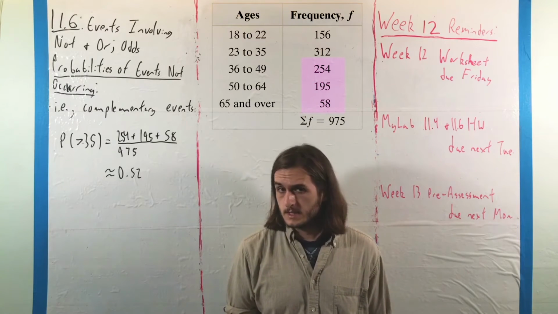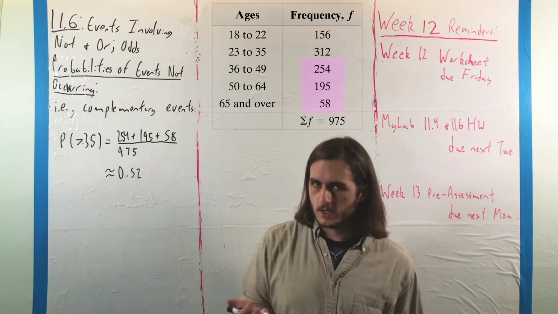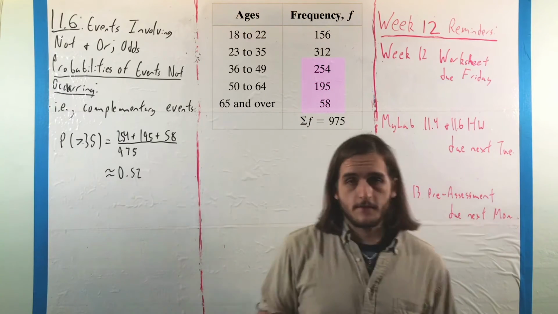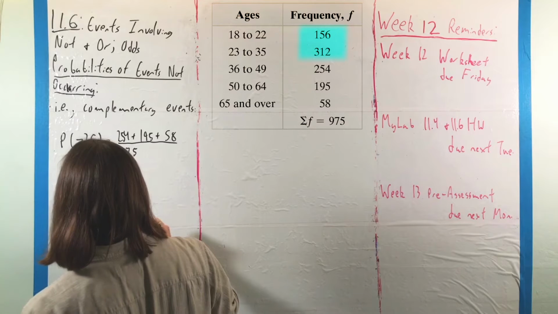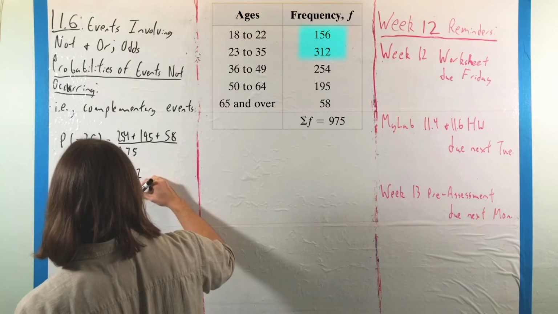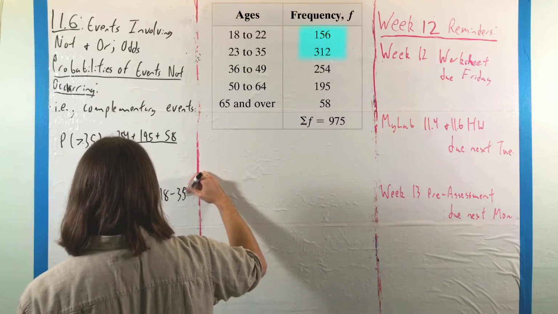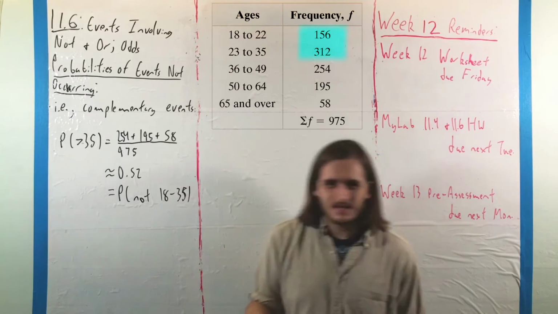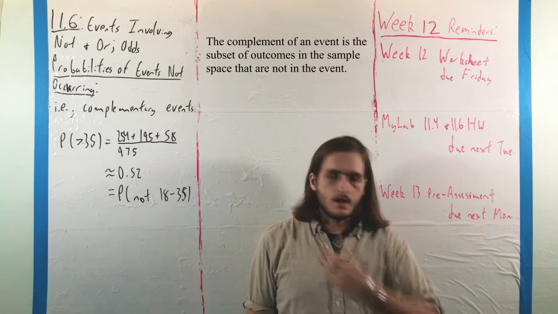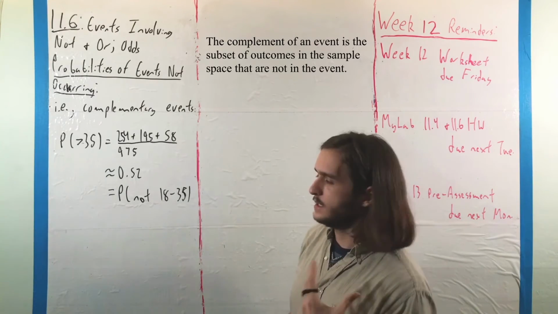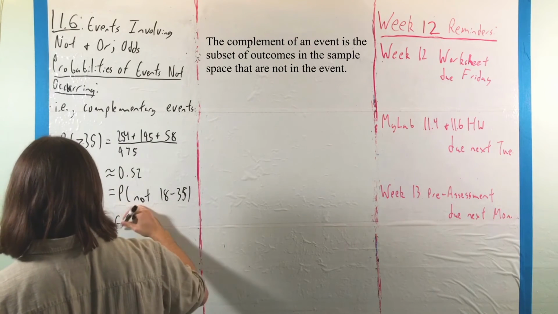But the other way we could see that is instead of thinking about it as that group by itself, we could understand that the group older than 35 is the opposite of the group that we counted. That is, we were looking there at the probability of something other than 18 to 35, at least in terms of that data set. And this brings us to our big idea here of a complement, where if we have some event E, its complement